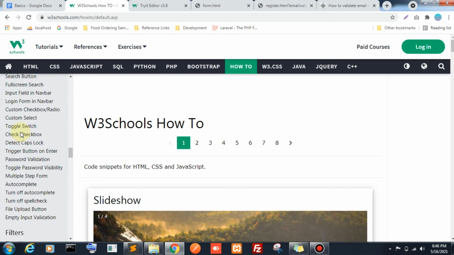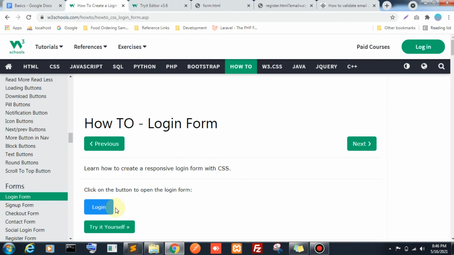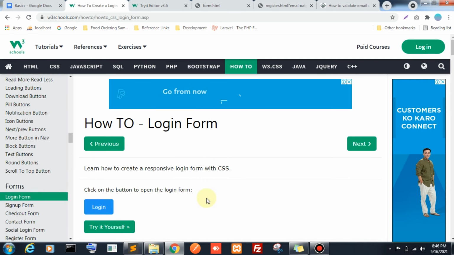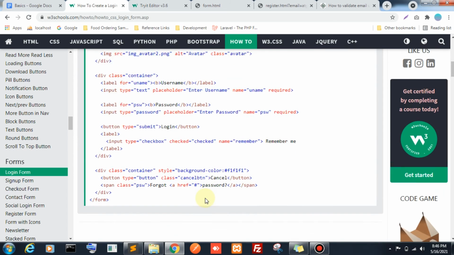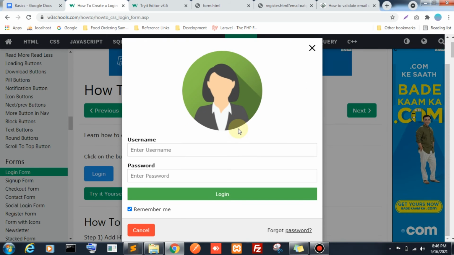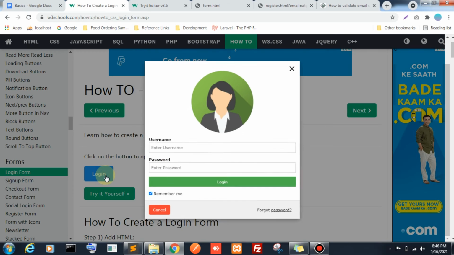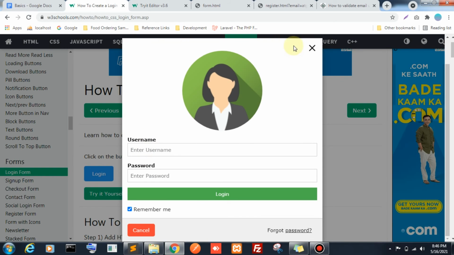In that form section we have a pop-up menu. Whenever we click on the button, it opens the login form. Okay, how is it that there is no form? They gave us syntax. Where is the form? I'm just hitting this login button. See, the attractive login page is coming onto the screen with a pop-up modal. This is the pop-up modal, the layer above the open screen. Whenever I hit this login button, they are triggering this pop-up modal.